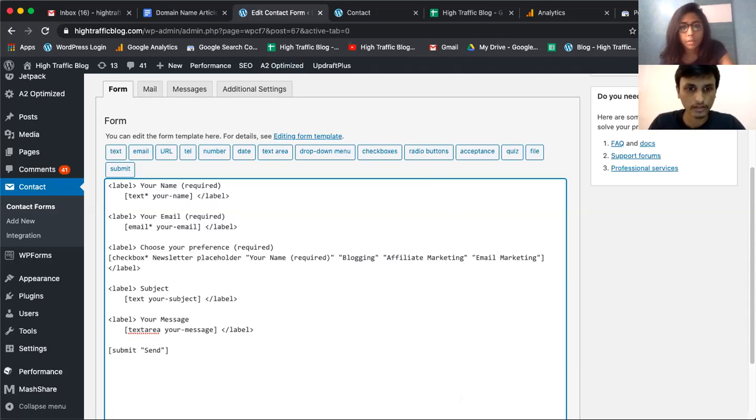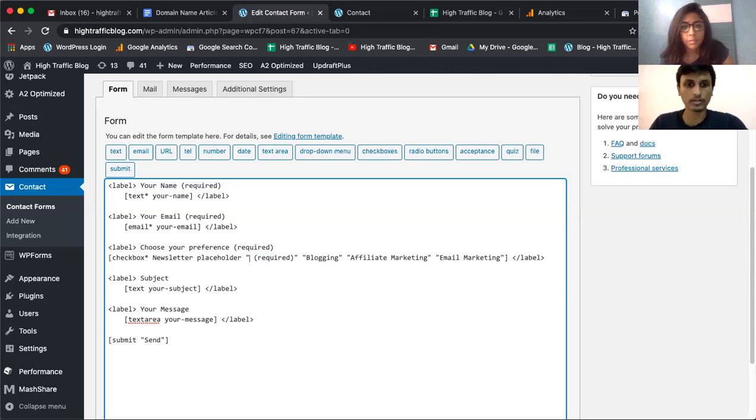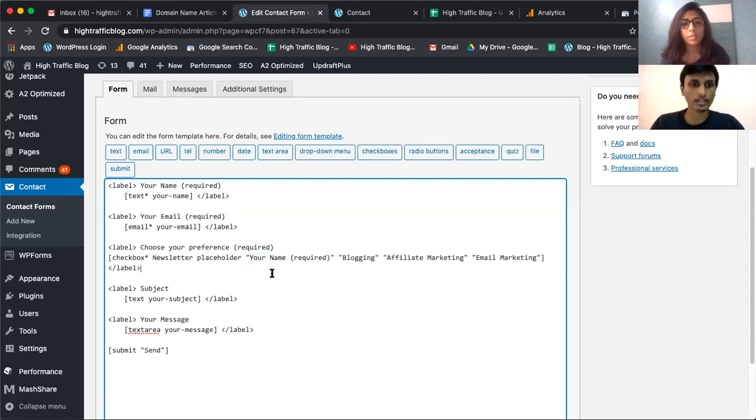Now you can just remove the your name part, and blogging can just stay there, so that will become the placeholder as well. So these are your checkboxes. Right after the tag which we inserted, if we just add this code, that text will also show within the field.